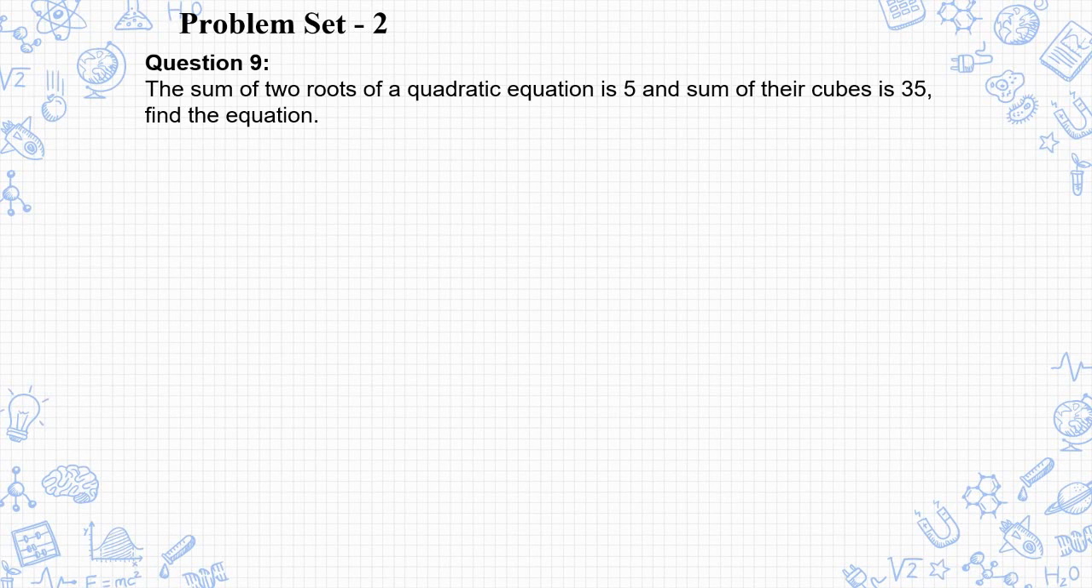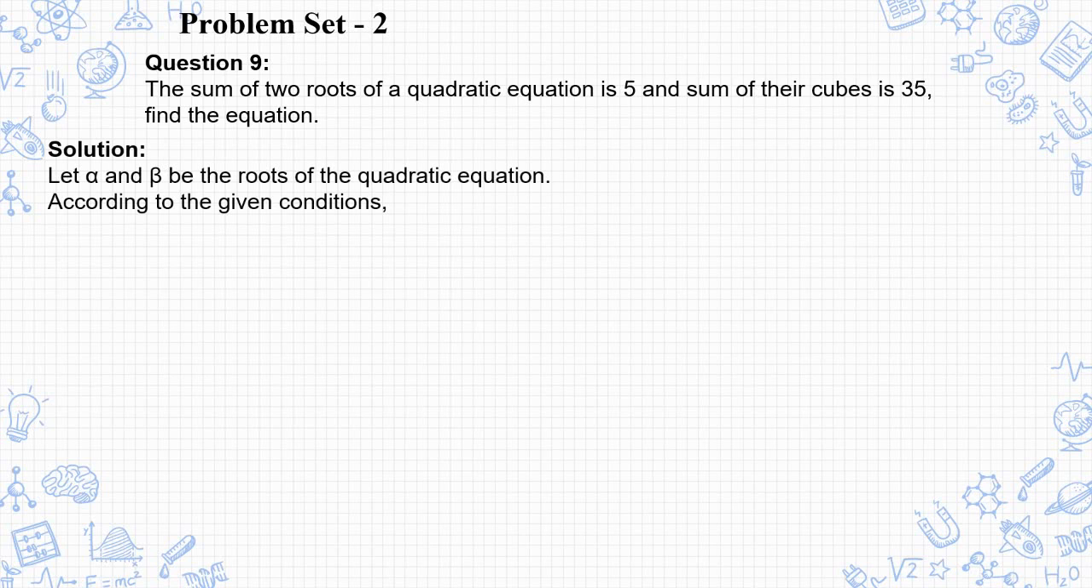Let us solve the ninth sum of the problem set 2. The sum of two roots of a quadratic equation is 5, and the sum of their cubes is 35. We have to find the equation. So let alpha and beta be the roots of the quadratic equation. According to the given condition,